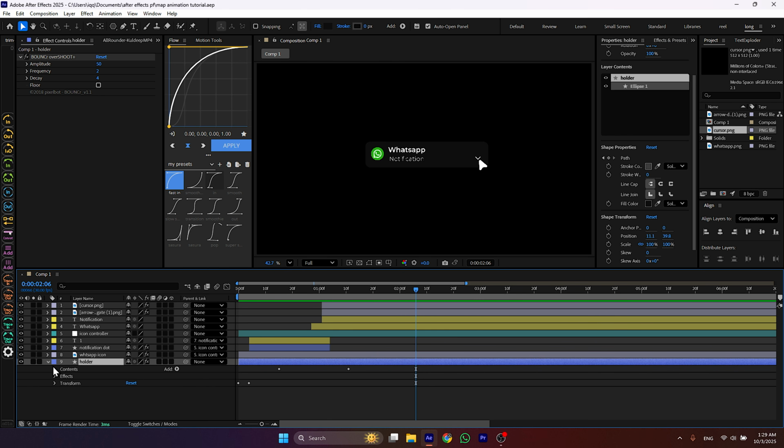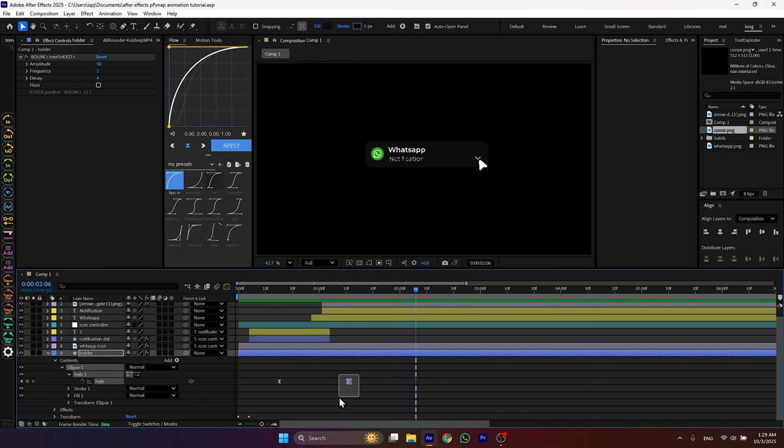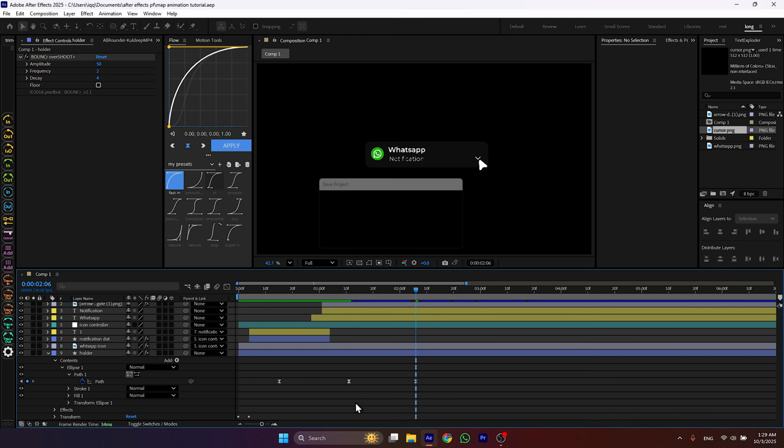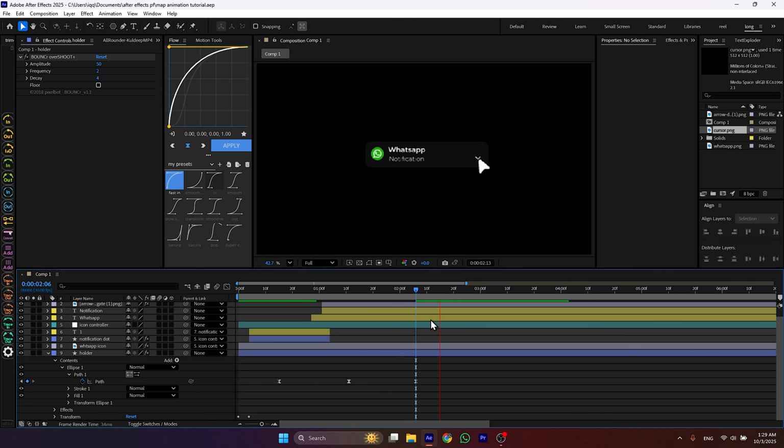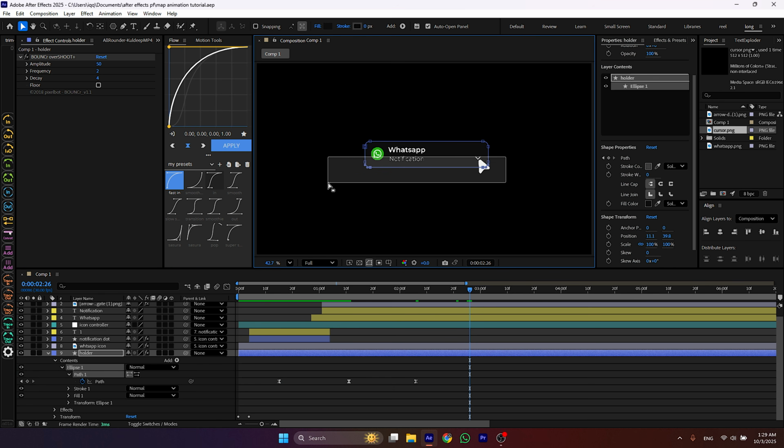Now, to change the size of our box, copy this keyframe and paste it over here. Then move forward and select all these points and move them down.